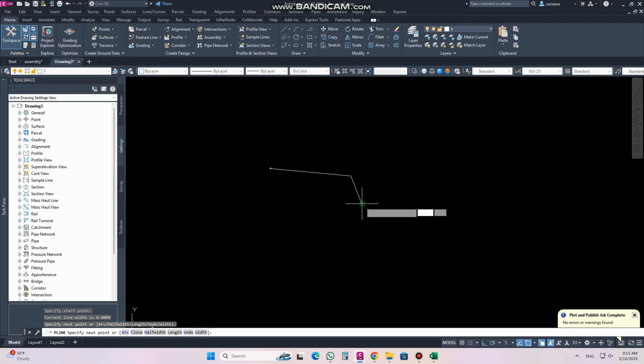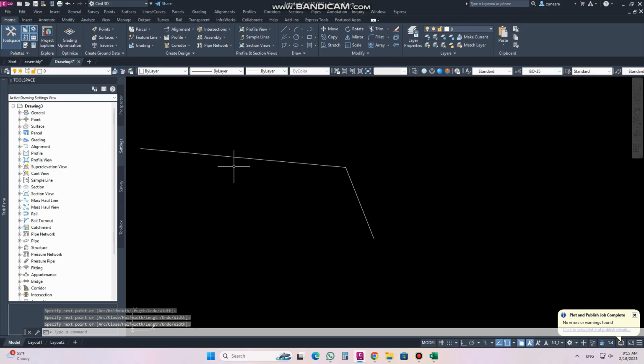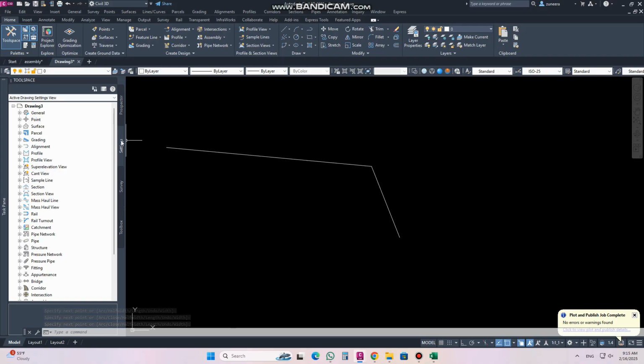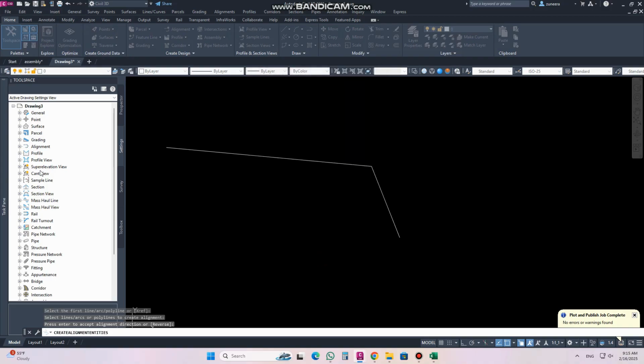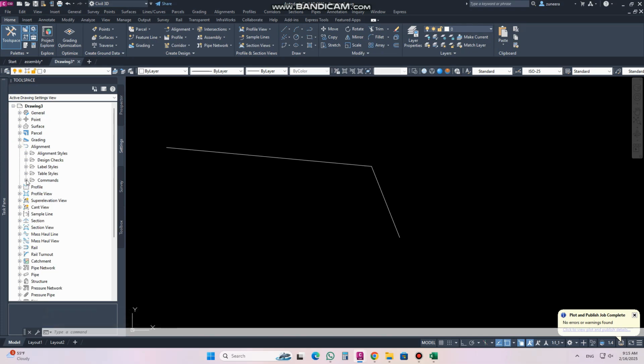So if I draw a polyline and I want to control the radius, from here I will go to the setting option. First I will show you how to do it from here. If you can see, by default the radius is 200 and erase is an option. This is checked. So, from here, if you come to setting, then the alignment,